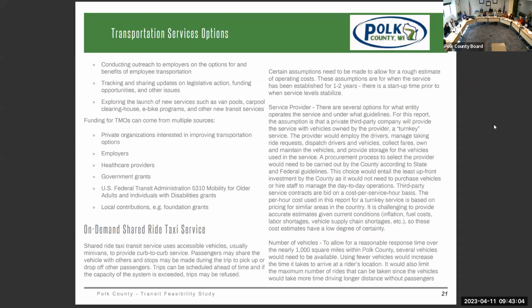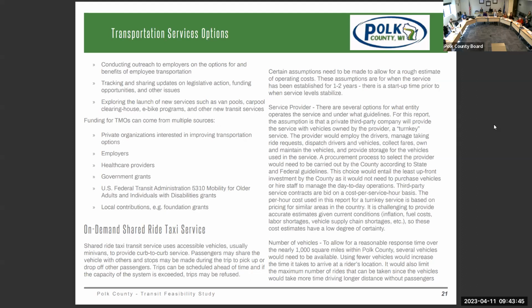That would be similar to what is operating now in River Falls and in New Richmond, Chippewa Falls, the one I work with. That can be done as a county-wide operation. I did a transportation feasibility study with the city of Hudson last year. They're actually implementing a shared ride taxi program next year. It's a little bit more challenging in a county because you have more dispersed population and longer travel times, but it's been done in a fair number of counties.